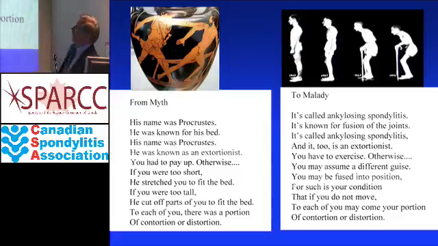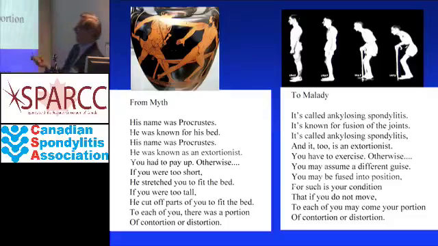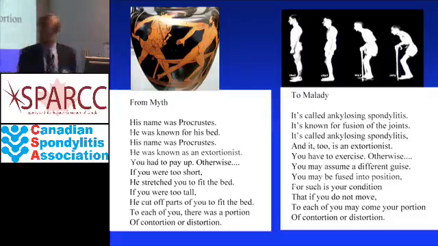And she points out here that ankylosing spondylitis has a lot of parallels with some of these Greek mythologies that kind of force you into a tension with the environment that you're living with. So I think if there are any poets here, submit your poems at the end of the close-up, so we'd